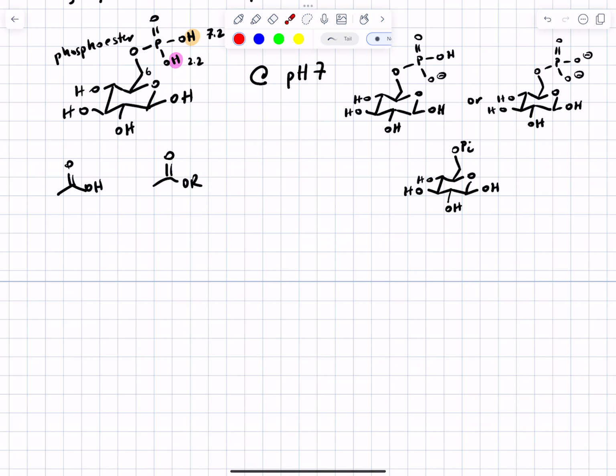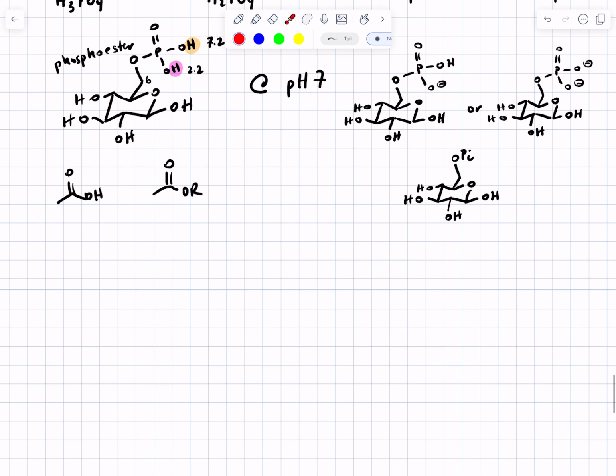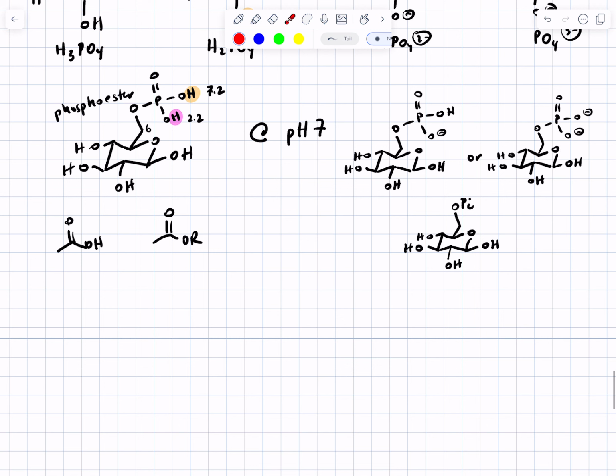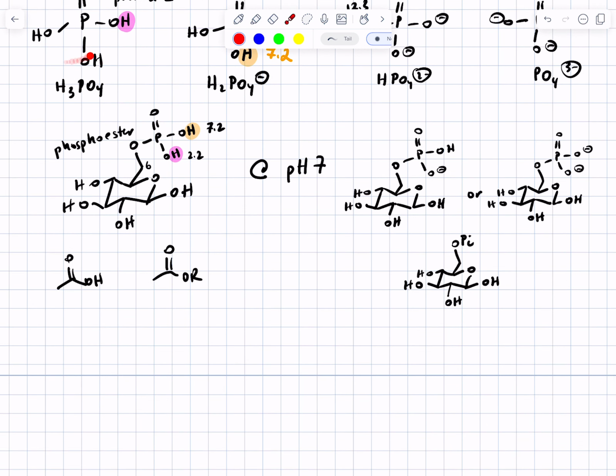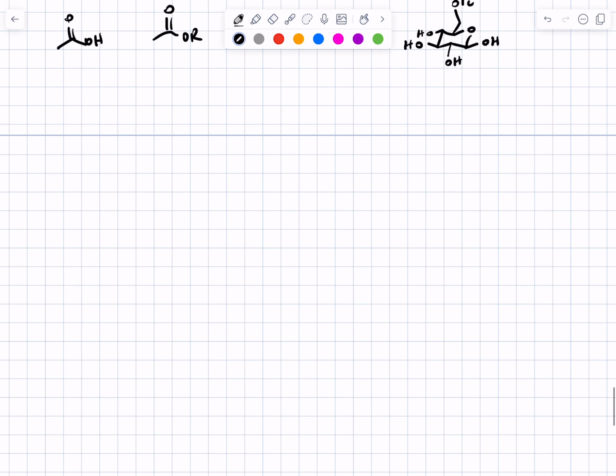You've heard about phosphodiesters. So notice that in the phosphoester, one of my oxygens, one of my 3 OH groups from phosphoric acid is an OR group. In DNA,